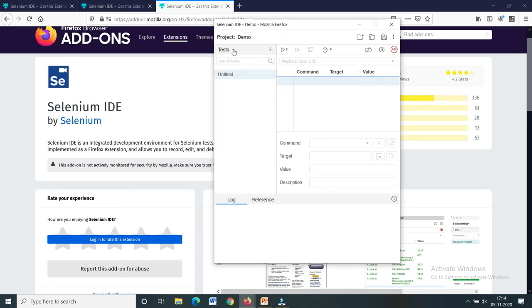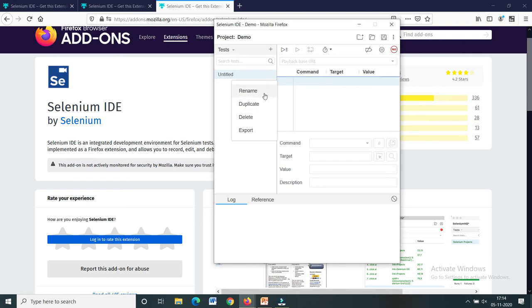So here is the test suites, executing all the test cases. Next one is we have to run all the test cases. Running all the test cases is nothing but running all the test cases for a particular project.